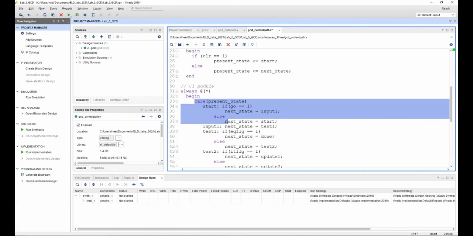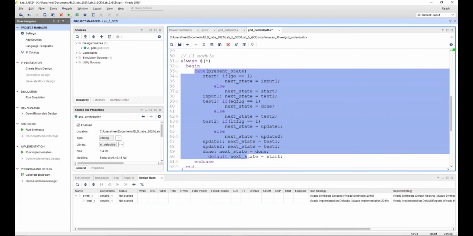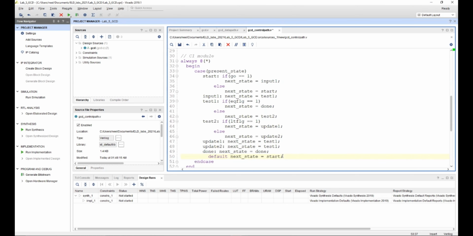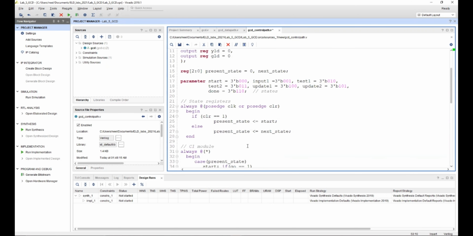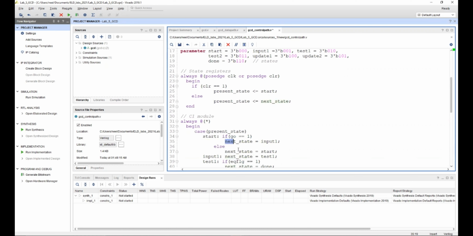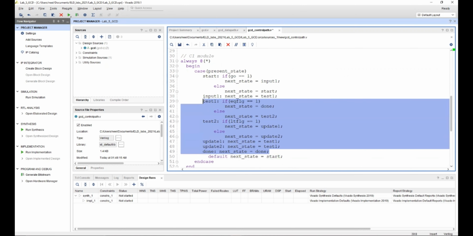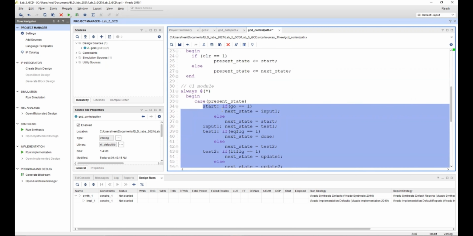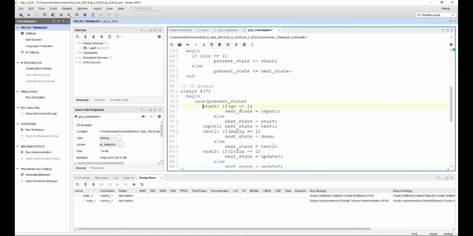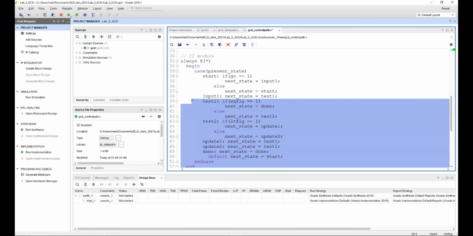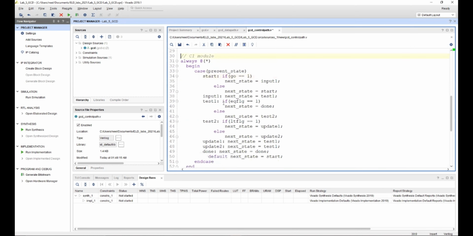This is important for you to understand: at any moment, if we want to do a calculation of certain two inputs x and y, we need to do GCD of x and y. We need to make clear equal to 1, so that our next state is equal to start, and then this process will continue on. Otherwise, we can give a set of data, and after that calculation, give another set of data and give go. Even if we give go equal to one, it won't work. Make sure that you understand this concept.